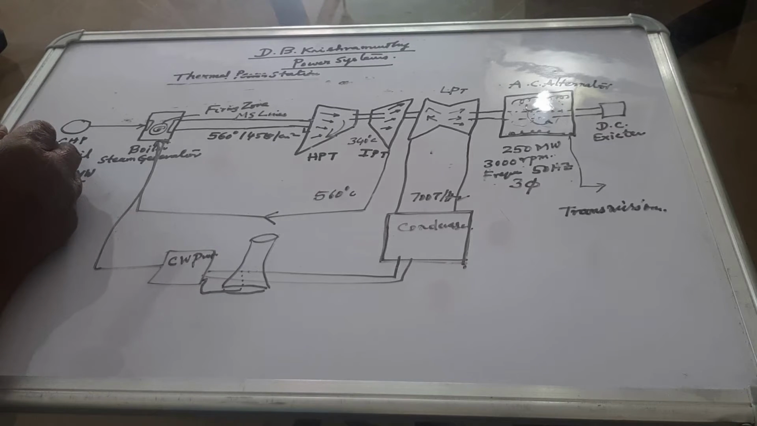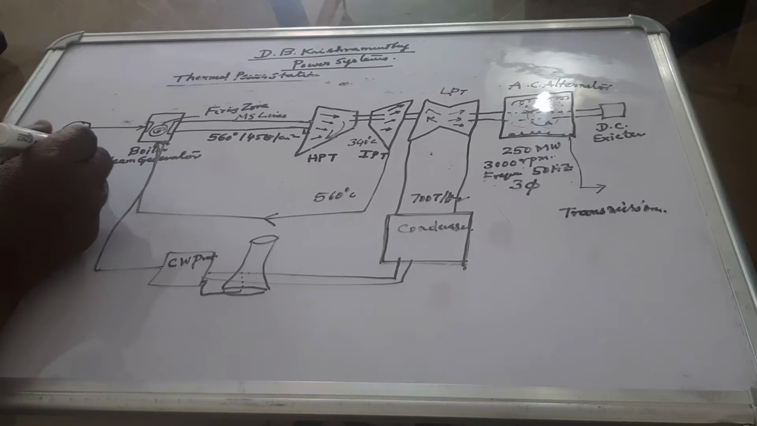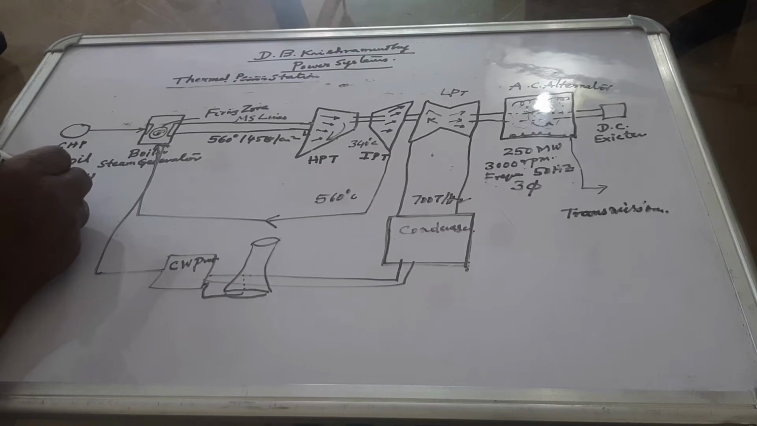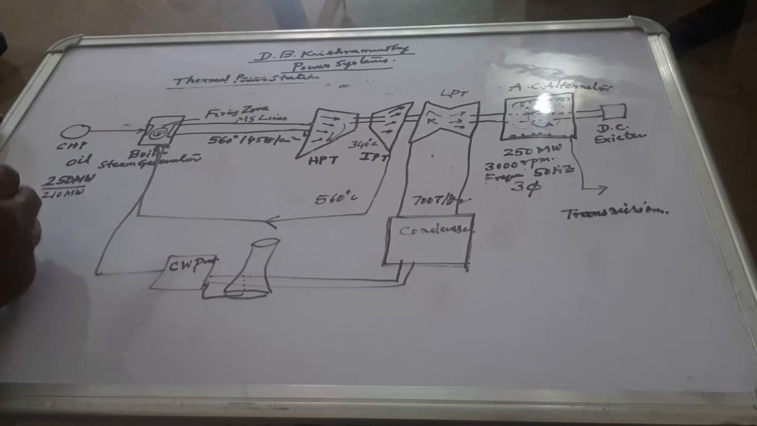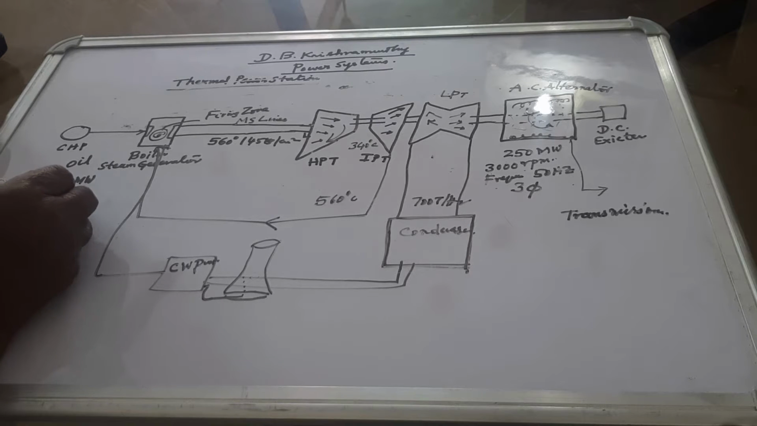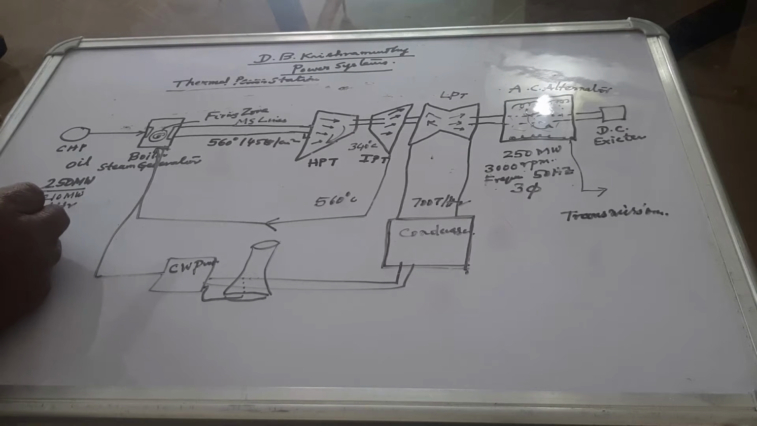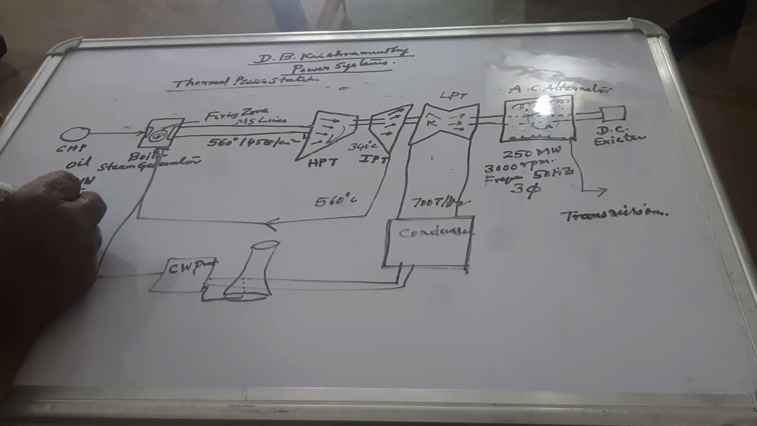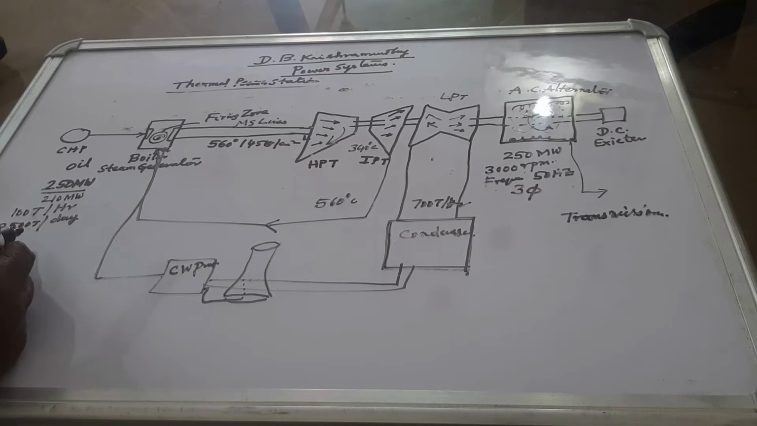This coal handling plant is a huge plant in the thermal power stations. The 250 megawatt and 210 megawatt boiler takes 100 tons of coal per hour. That means it requires 2500 tons per day. Such is the huge quantity of coal required for the thermal power station to feed